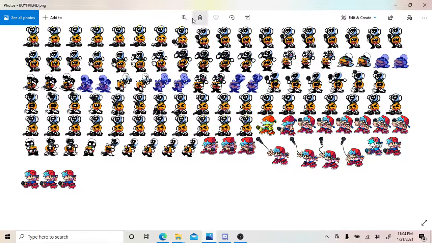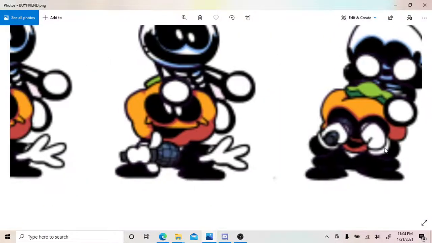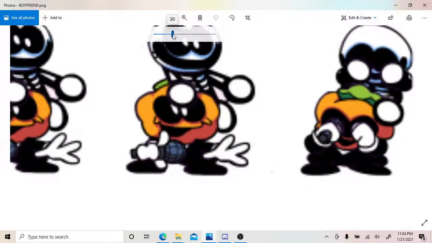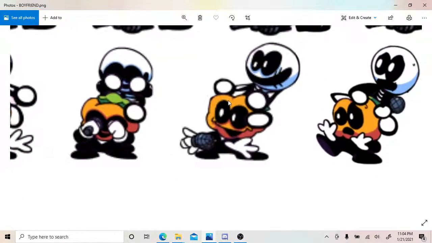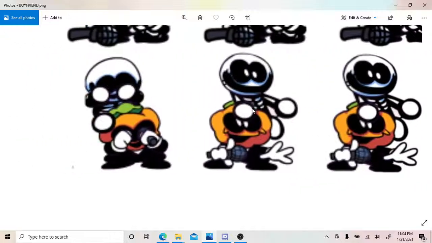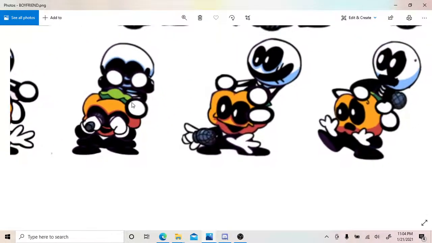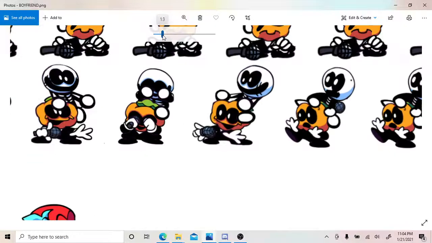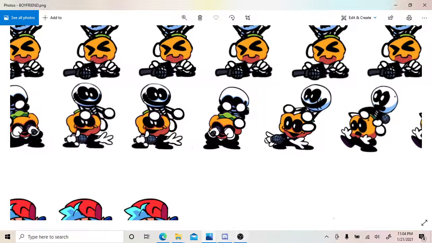And you can see over here that these idle animations are aligned pretty well because, well, I have a friend that's pretty good at these. They don't look pretty aligned, but in game they're actually pretty well aligned. Now, if you're gonna mod a character into the game that's already in the game,